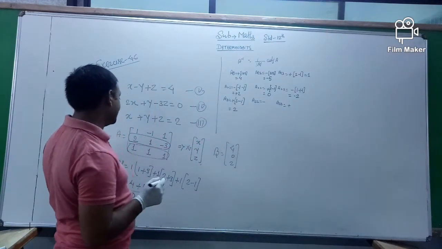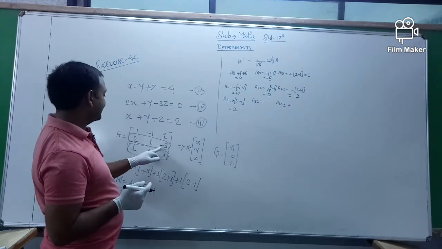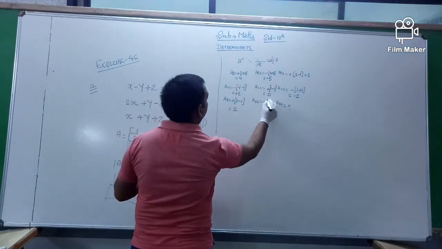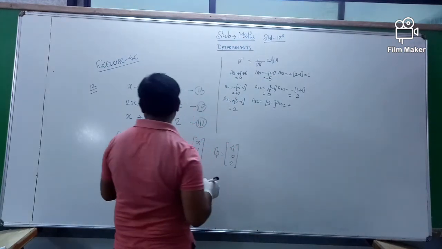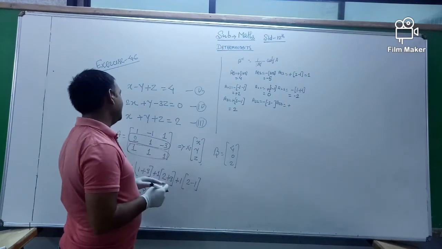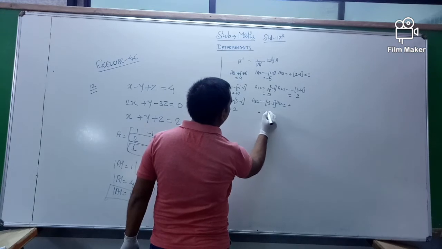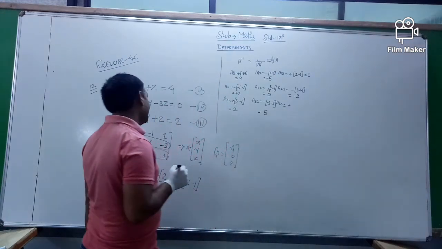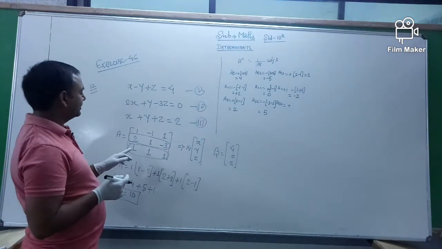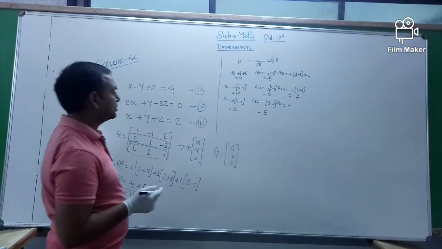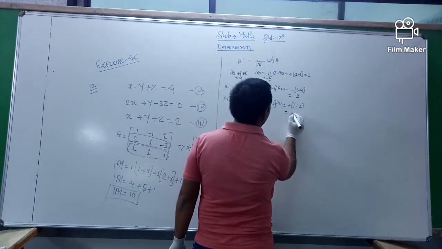A32 means you take the third row and second column, so 1 threes are 3 with the negative sign, minus 3, and minus 1 threes are 3 and 2 ones are 2, it is also minus 2, so that is minus 5 and convert into plus 5. Then A33, you take the third row and third column, so 1 ones are 1 and plus 2, that is equal to 3.